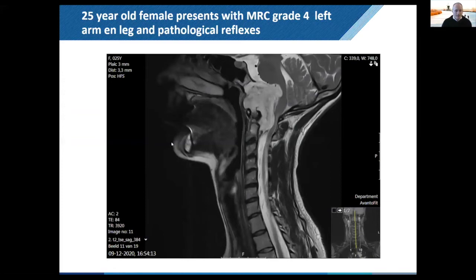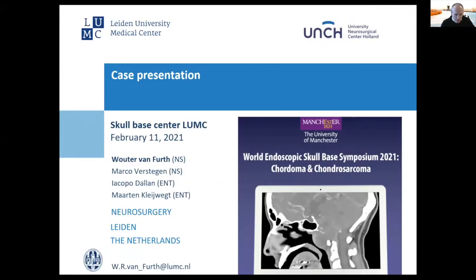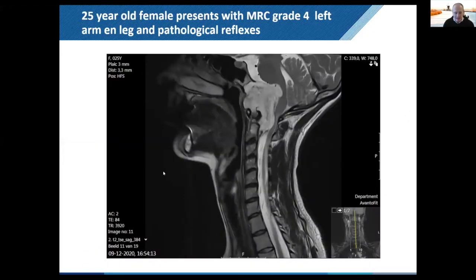Good. So this is a presentation on behalf of the team. This is the most involved surgeons, ENT and neurosurgeons from our team in Leiden. And the case I'm presenting is a recent case, and it reminded me of the image that the organizer showed on their pamphlet. It's a clavicle tumor in a 25-year-old girl, and she presented with a gradual onset of the